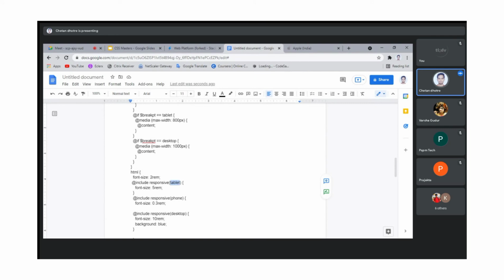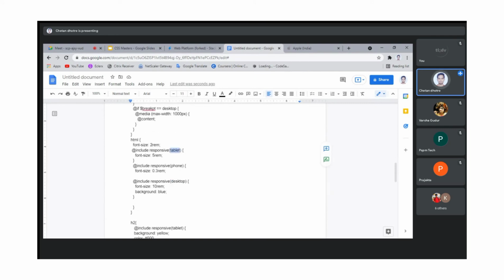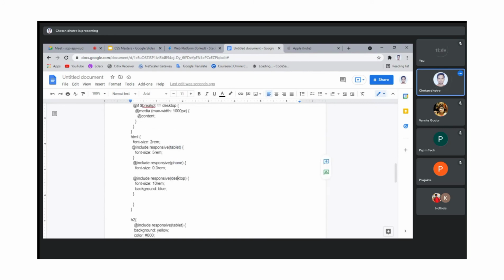So from 0 to 600, 200 pixels also got matched, and for this as well, because it also has access till 1000 pixels. So the rest of the code will not get rendered, and this will get applied. As you know, the source order depends upon the last element that you have put, so this gets rendered compared to the others.